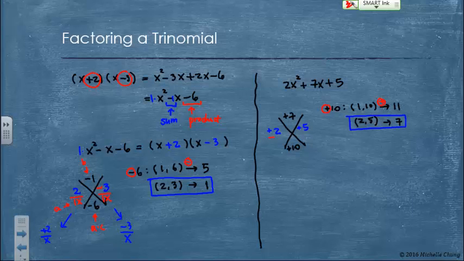And then divided by a, which is 2x, and divided by a, which is 2x. And in this case, as you can see, we can simplify the first fraction. So divided by 2, divided by 2, we have positive 1 over x. Second case, we cannot simplify any further, so positive 5 over 2x. So when you are factoring 2x squared plus 7x plus 5, the first factor is x plus 1, and the second factor is 2x plus 5.